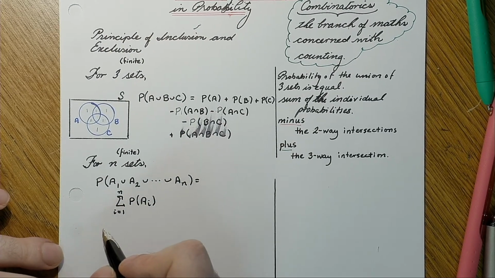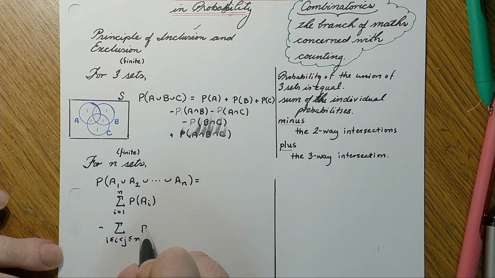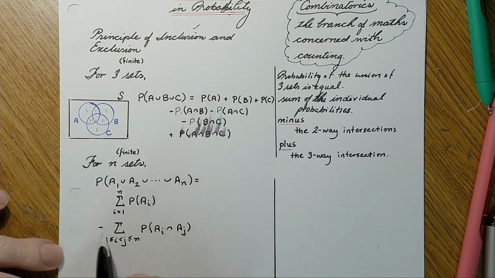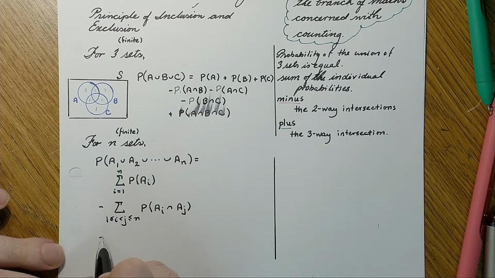But then I need to subtract the two-way intersections. So don't worry so much about what I'm putting down for the indices here. I'm just being rigorous, but just look at that as the sum of the individual probabilities, subtracting the two-way intersection probabilities, plus,